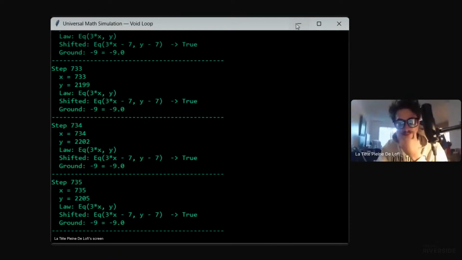Bring the Universal Math Sim into the background real quick. Gonna stop sharing that screen. I'm gonna generate another screen if you give me a second.